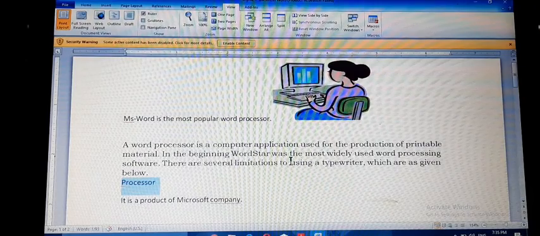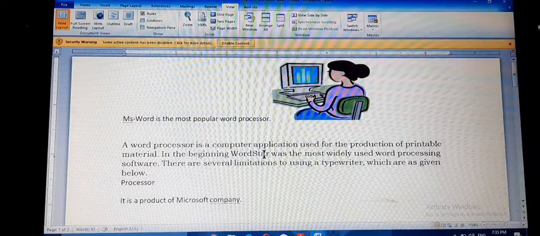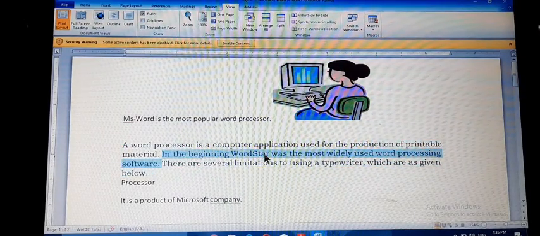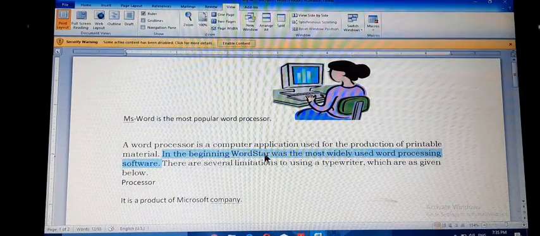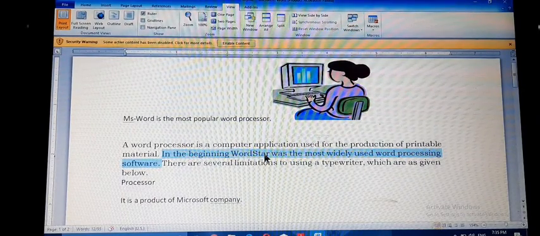To select a sentence, press the Control key and click on the sentence. Okay, it will select the sentence.